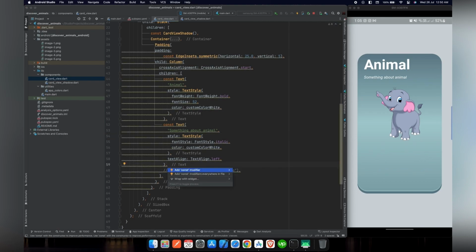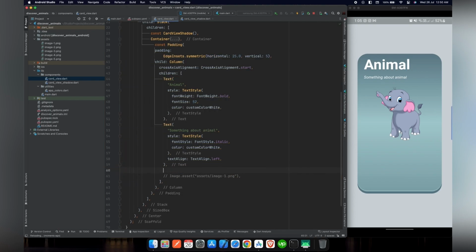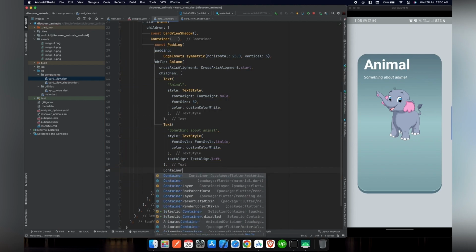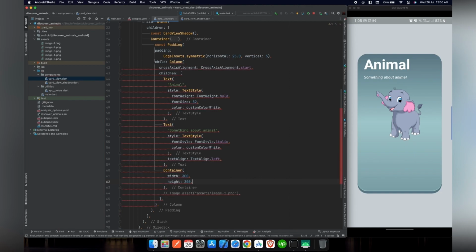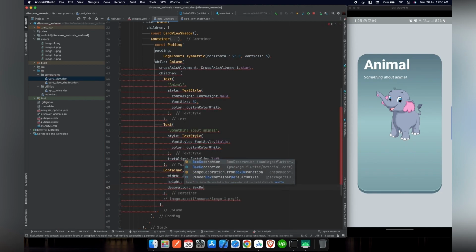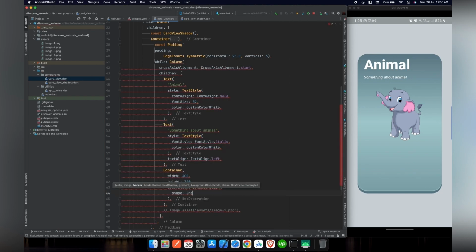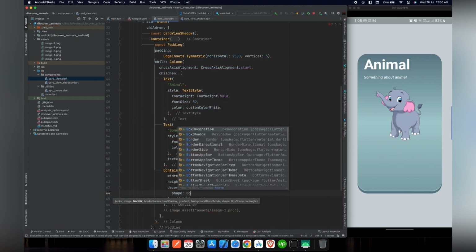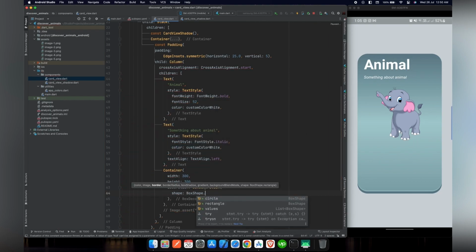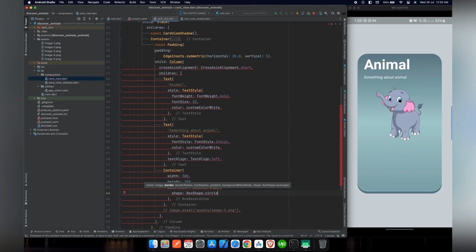So now we will comment out this Image.asset line because our main focus is to code a container in the center of this card view. For this purpose, we will use a Container and give it a width of 300 and a height of 300. And we will use decoration, and inside BoxDecoration, for the shape of the container, we want BoxShape.circle. And if we reload our project,